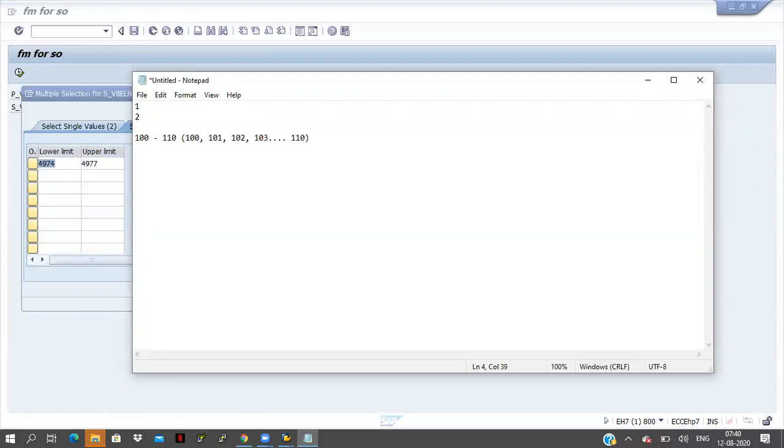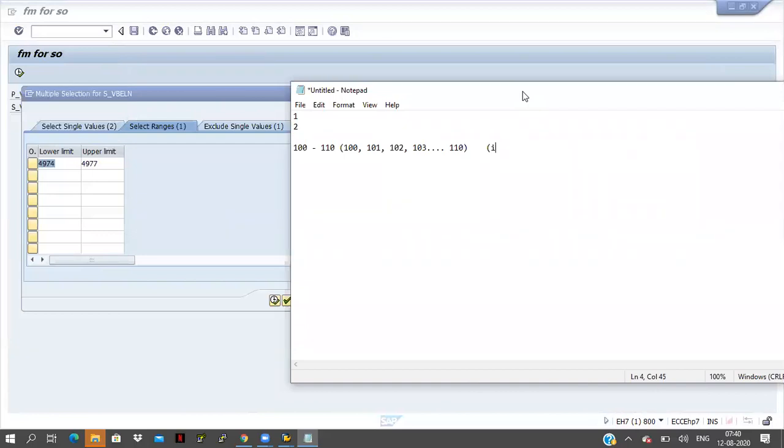So this is the select range. And this is the select single value.